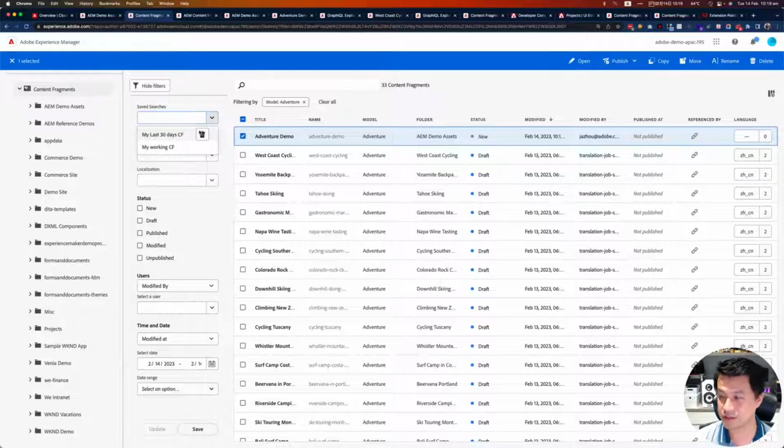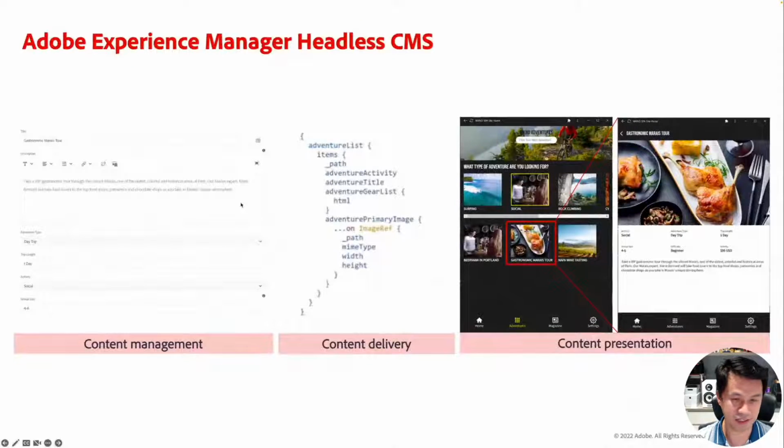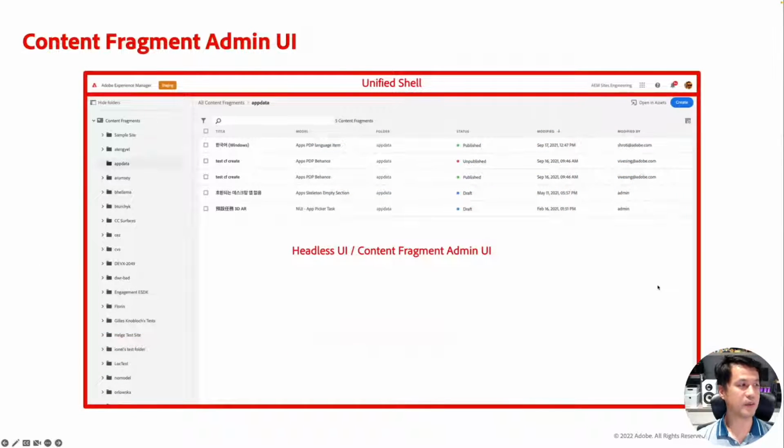Pretty cool features. I'm going to jump to my slide a little bit because I'm going to uncover what happens behind the scenes. You see that interface in my browser, but this is at a high level how it is being constructed. The first thing you may have heard is what we call Unified Shell. Unified Shell is now being applied to all the Adobe Experience Cloud products. It provides quick navigation to different products, as well as the login context, your profile, your permissions, and which instance you're allowed to go to.